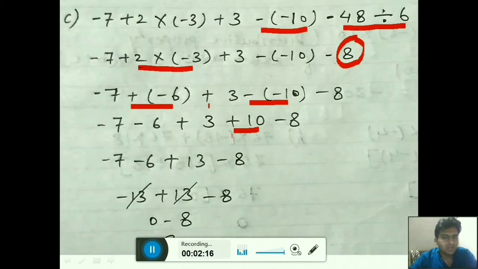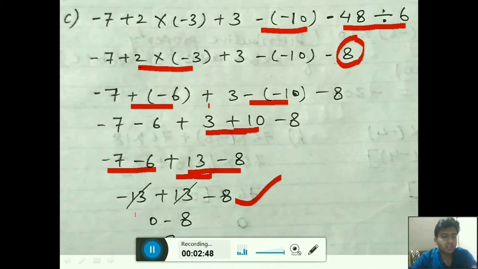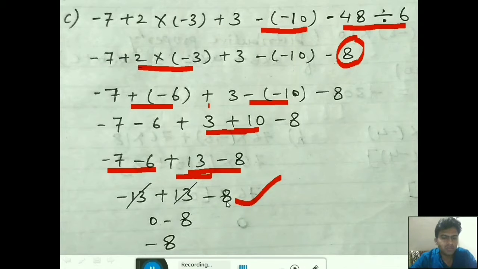Now we have to add according to the BODMAS rule. So we add 3 and 10, that is 13. Now we can add these two numbers because they both have the same sign, so we get minus 13. The other numbers we write as they are, 13 minus 8 at this step. Now minus 13 plus 13 equals what? Equals 0. Now which number is left? Only 8 is left, so the answer is 8.